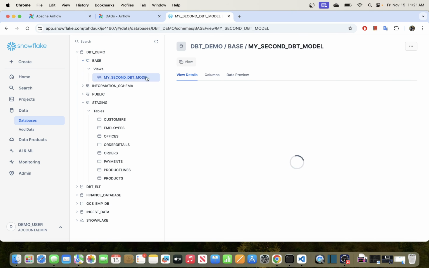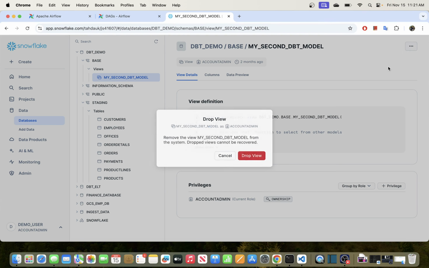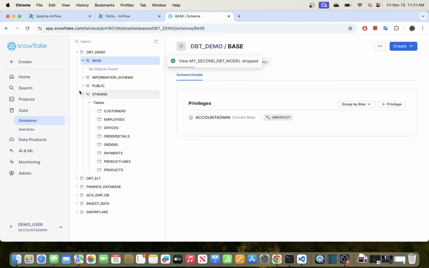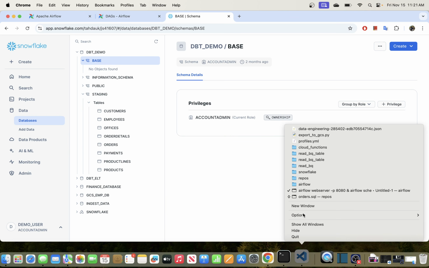Yeah, and this one as well. I'm just going to hit, this is a view. I'll just drop this as well. I just want to have a clean schema. Okay, so we'll be getting our data from this staging schema, and we will be writing it back here. Okay, so let's go back now to our DBT configuration,